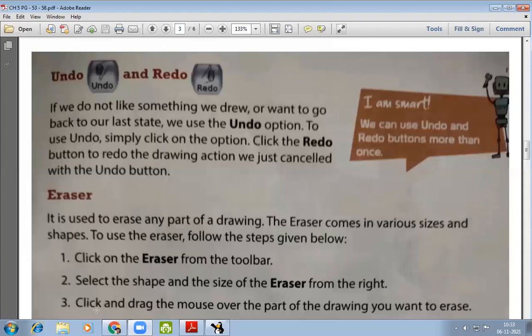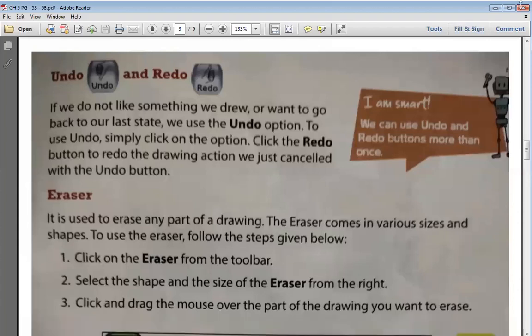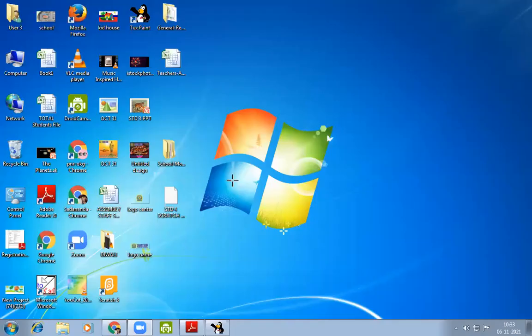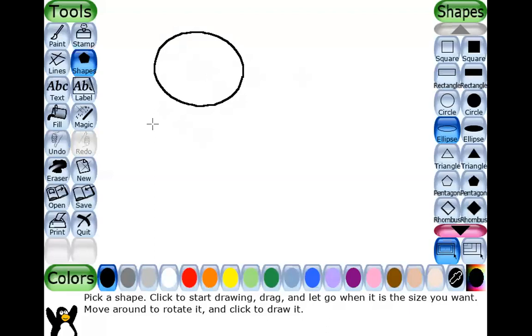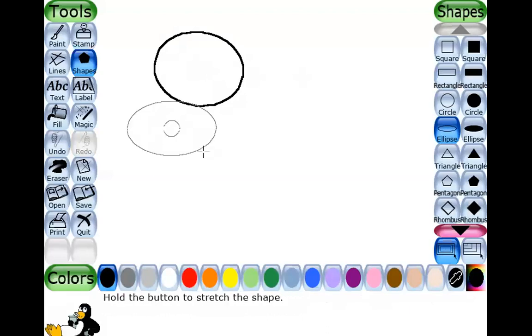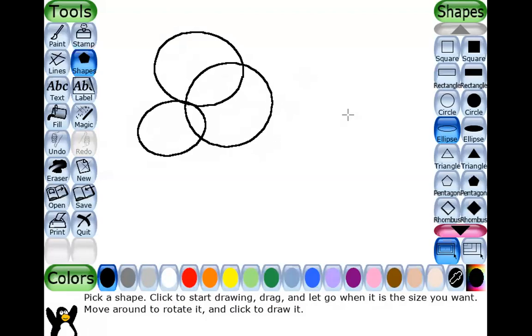Open the TuxPaint application. For example, we have drawn 3 steps here.